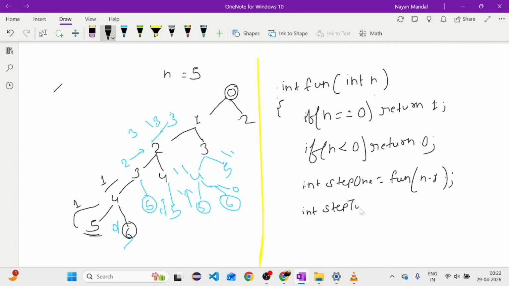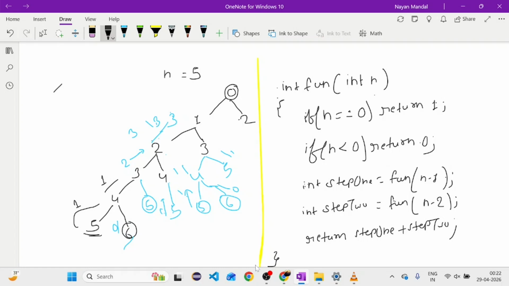Step 2: I will call the function with n minus 2, and from here I will simply return step 1 plus step 2, right? So this is the approach.